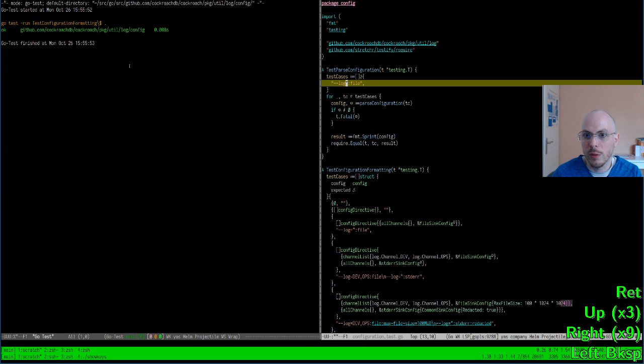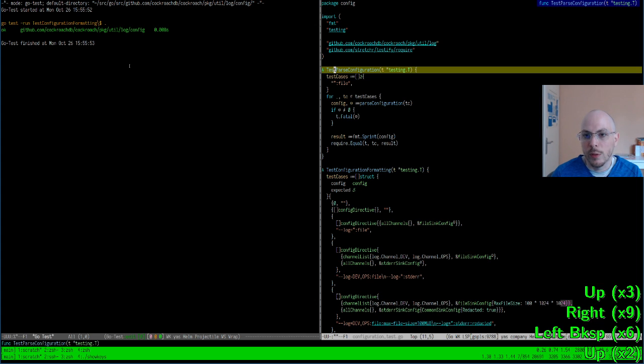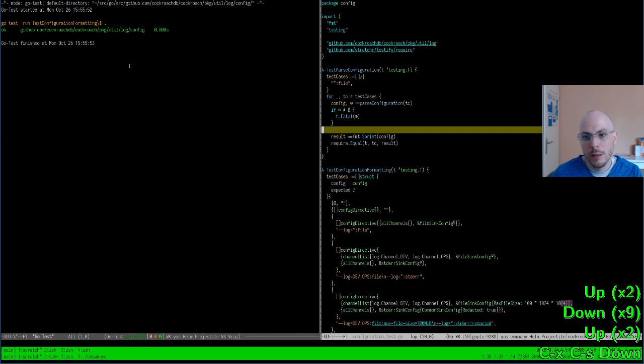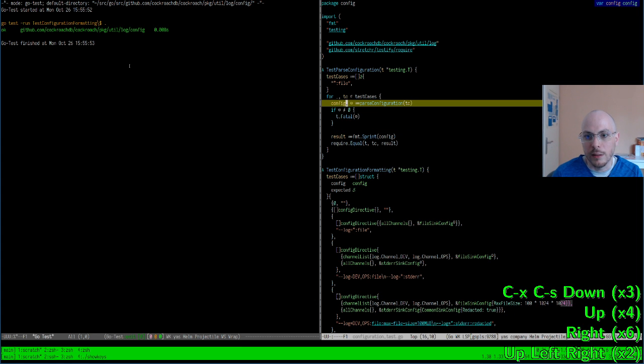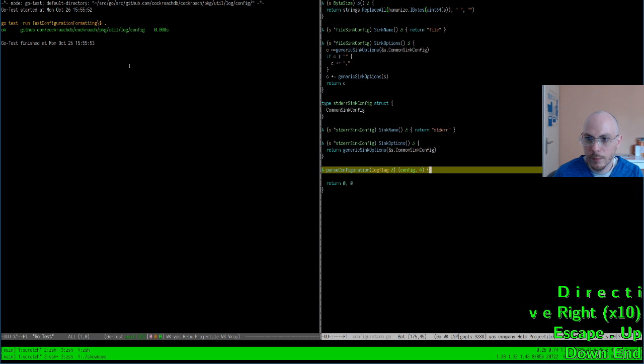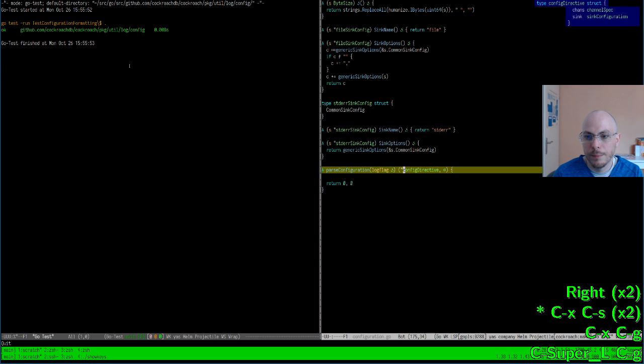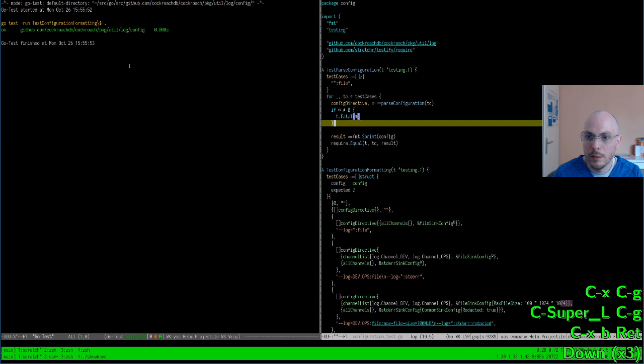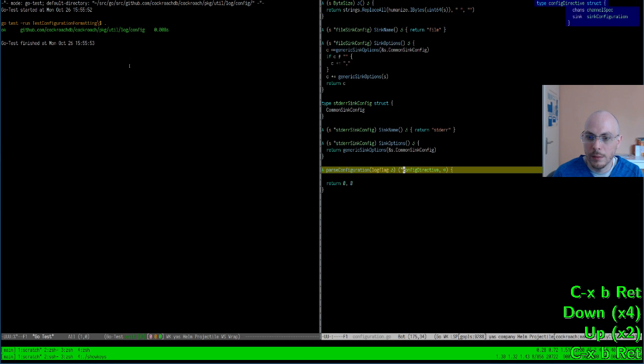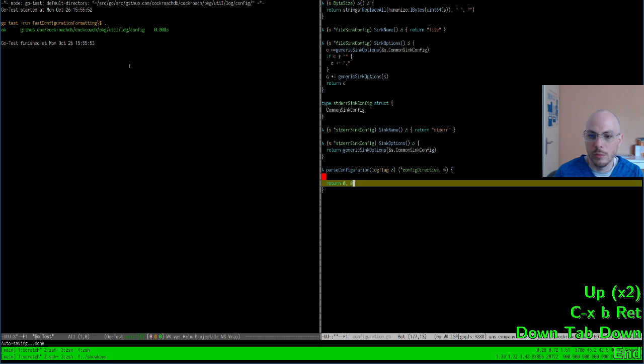So what I really want is test cases are just one string, and then the config is a directive. And then I print that. Except that it needs to return a config directive.